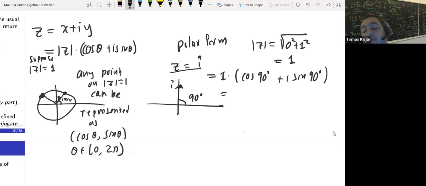So you have 1 times cosine of 90 degrees plus i of sine of 90 degrees. And cosine of 90 is just 0. So we get back the same thing, but it just shows you that you can write it in a cosine sine form. Okay, that's right, it's pi over 2, exactly. Start with 0, 1 and use arccos. Sorry, 1, 0.